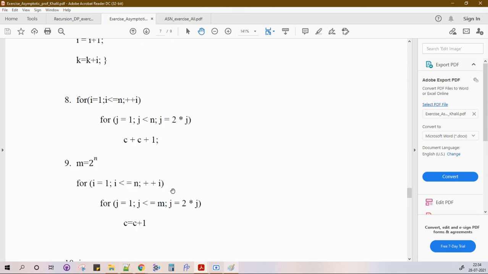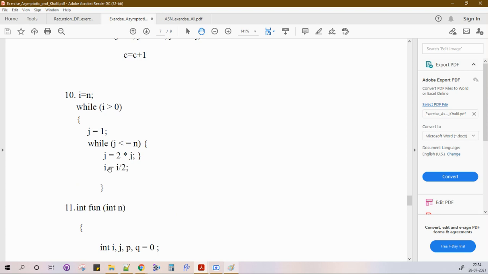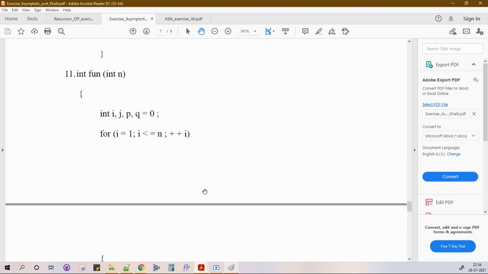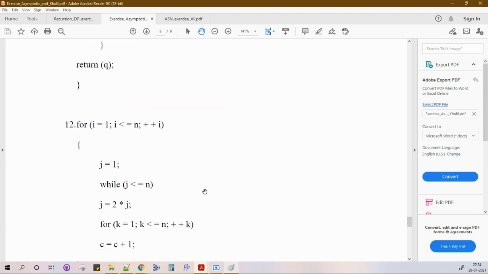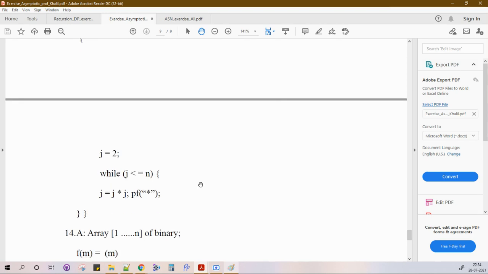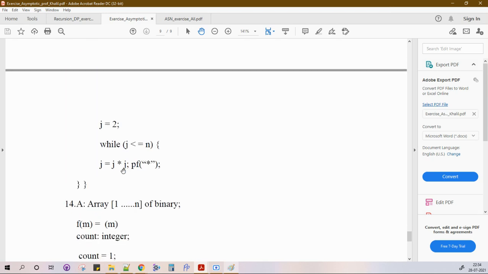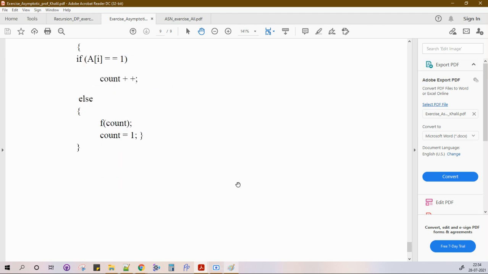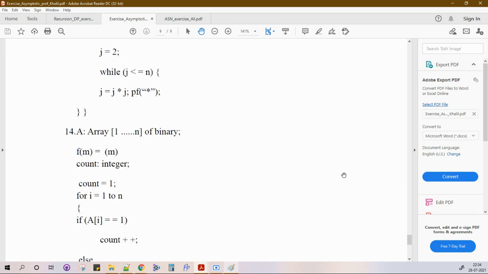If something is increasing as j multiplied by j, that is nothing but j square. In exponential form, i equal to i square, and in the next iteration again I take the square of whatever I have, 2 then 4 then 16 then 256, then it would be of order log log n. Yesterday we saw that example also, right?